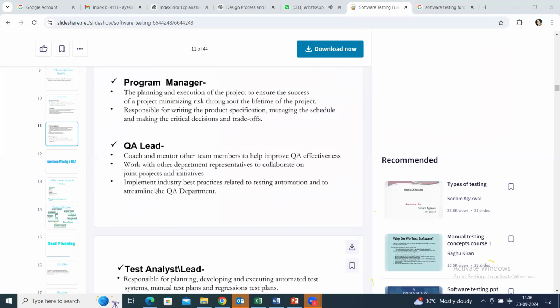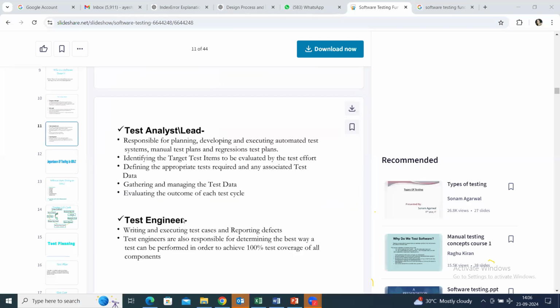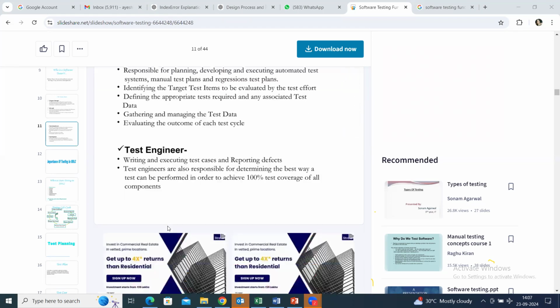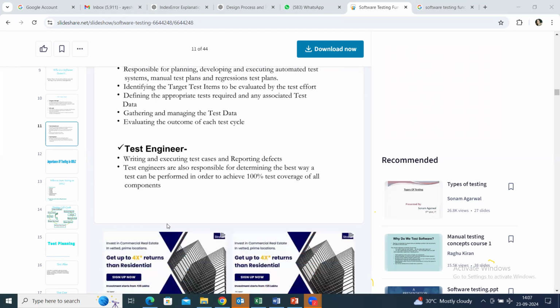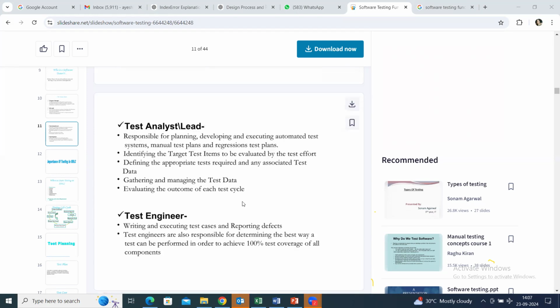So you have QA lead, you have test analyst, which works under the QA lead. Okay. So if the project is small, the QA lead and the test analyst can be the same. But if it's a big team, then obviously any team has to have a controller or coordinator, and that becomes the QA lead. And you have the more developer-type ground level people,